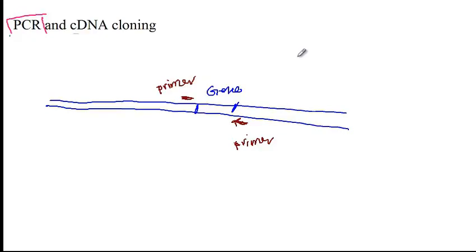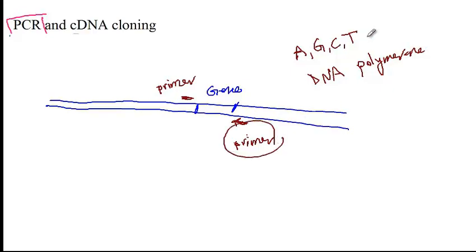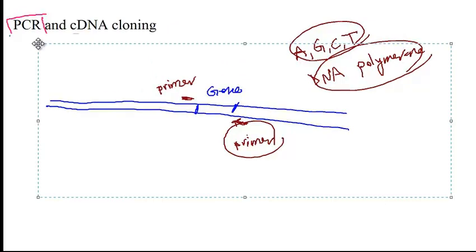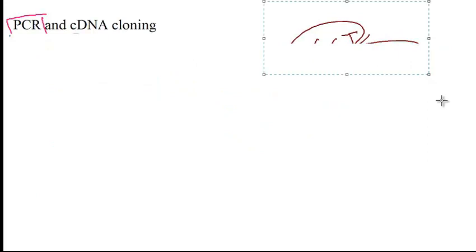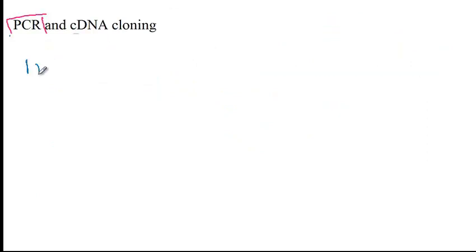And then we have also nucleotides like adenine, guanine, cytosine, and thymine, and we have DNA polymerase. So I'd like you to remember these components that we have: primer, nucleotides, and DNA polymerase. Now let's explain how the PCR reaction will help us amplify the gene of interest. Alright, so now in the first step of the PCR reaction, we will denature the double-stranded DNA into single